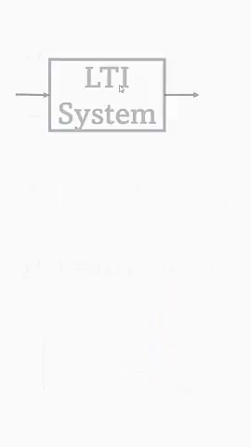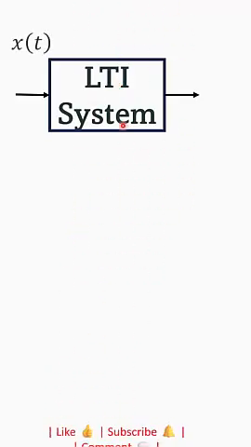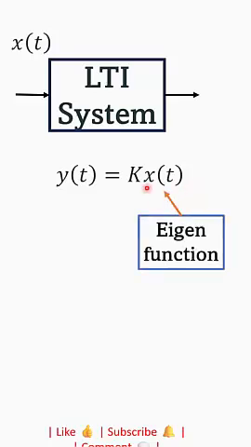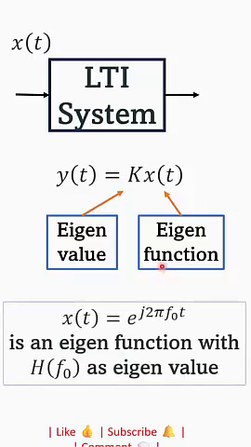So what have we seen? If you pass an input x(t) through an LTI system, and if the output is of this form, y(t) = k times x(t), we call these special signals x(t) eigenfunctions, and the corresponding constant or scaling factor k, which is a complex value, we call an eigenvalue. So we just proved that e^(j2πf₀t) is an eigenfunction